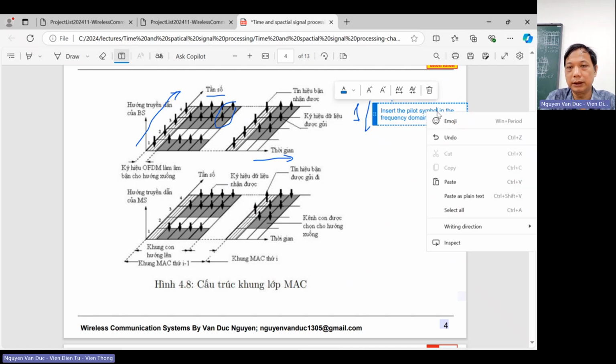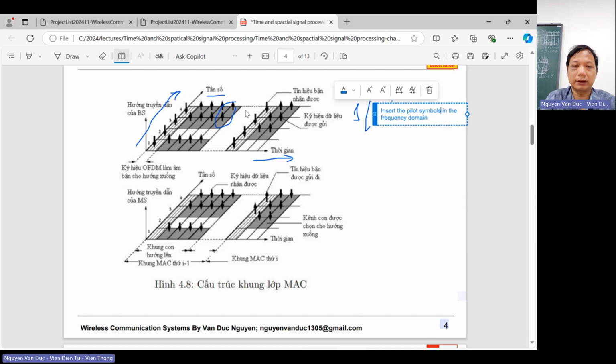Pilot symbol. So you need to insert it in the frequency domain. So that is that one example. It means I suppose that this is a pilot. So we are transmitting a pilot symbol in the frequency domain. That's the first step. So in the second step,